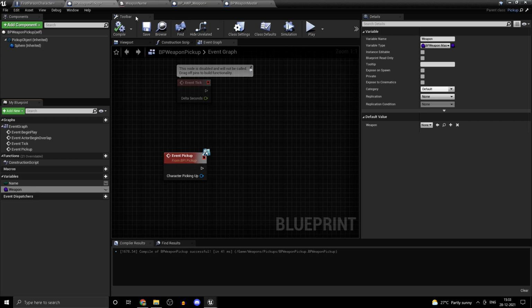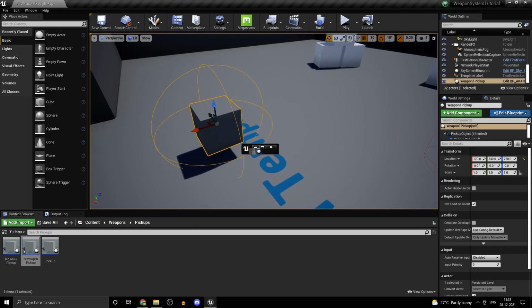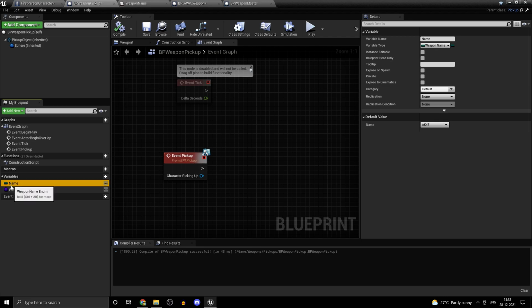Let's say you want to spawn the weapon. You have a pickup here, for example. This pickup will have these variables, that is name as well as weapon. Using the default value stored in the weapon variable, we are going to be determining which pickup to spawn. It will become obvious once we finish the spawning logic.